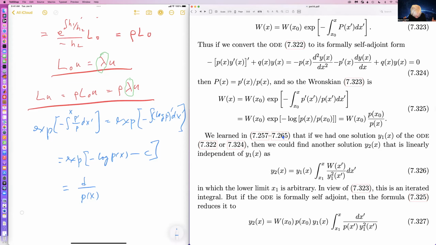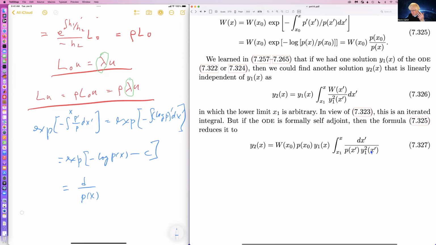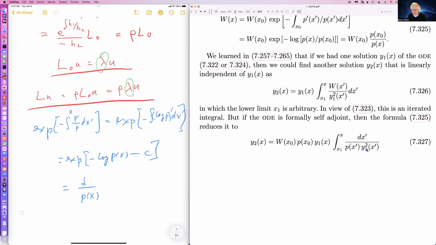But of course, it's universal, because we just saw we could take any second order differential equation and make it formally self-adjoint. And so the second solution formula is very simple. It's a constant times the first solution times an integral from an arbitrary initial point of 1 over p of x prime y1 of x prime squared. So that's a much simpler formula